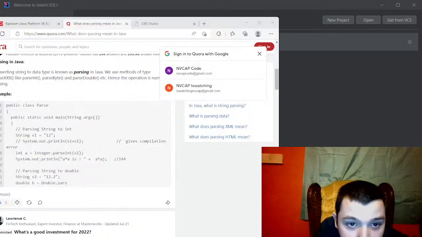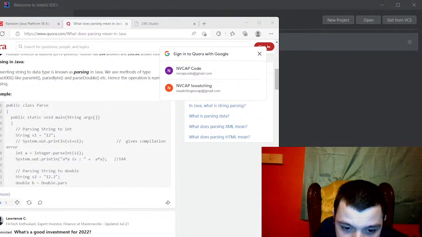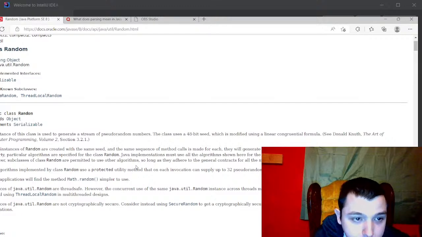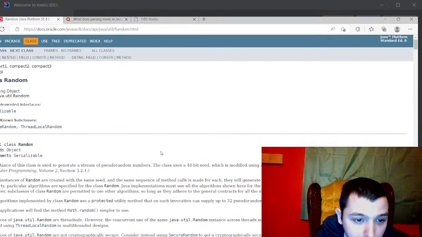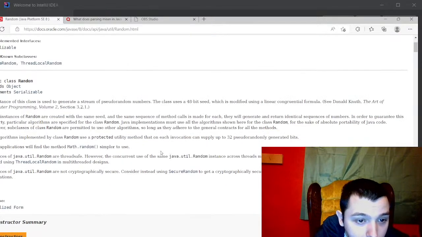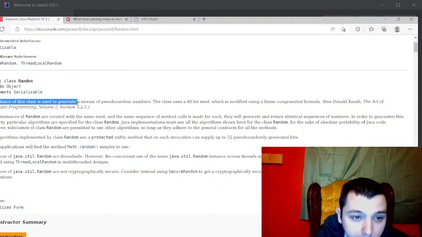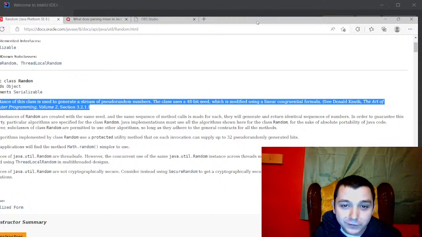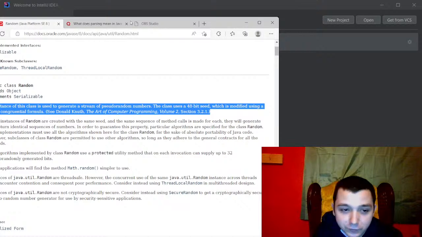I'm just going to change to another window. So essentially what the random class is. Let's just read the definition. It says the instance of the class is used to generate a stream of pseudo-random numbers. The class uses a 48-bit seed, which is modified using a linear... I don't know, but I would just say this: a better definition is just that